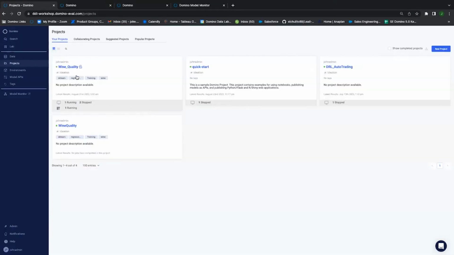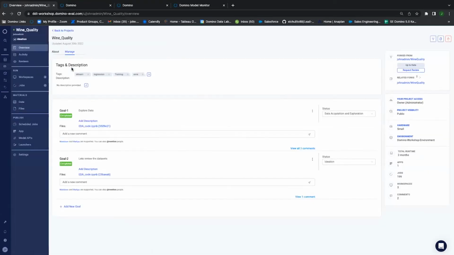So what we're going to do is first go into a project. In this case, I'm going to go into a project called wine quality. In this project, for this model, we're trying to predict the best type of wine, whether it's a red wine or a white wine, and then based on its acidity and its percentage of alcohol, we can determine what ranking we want to give this wine, from a scale of, say, 1 to 10, something along those lines, or 1 to 5.